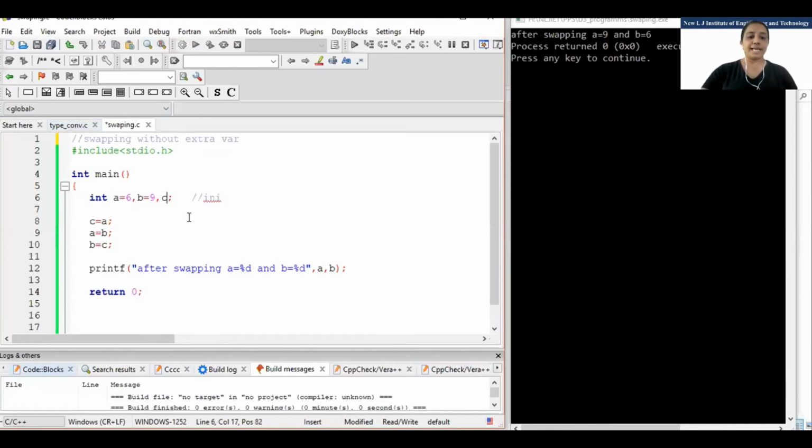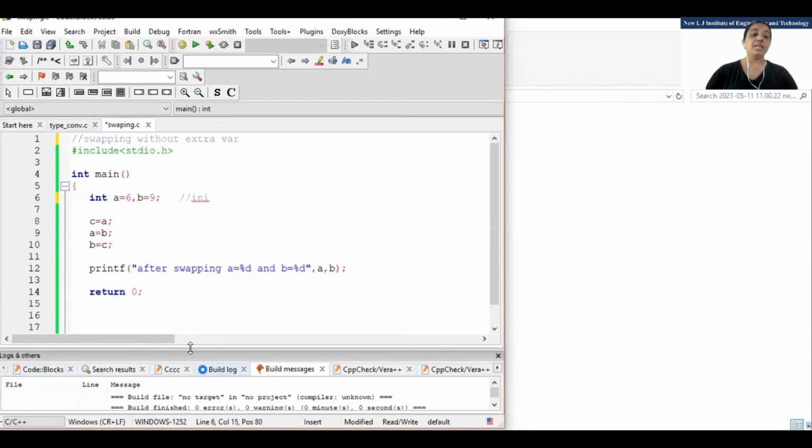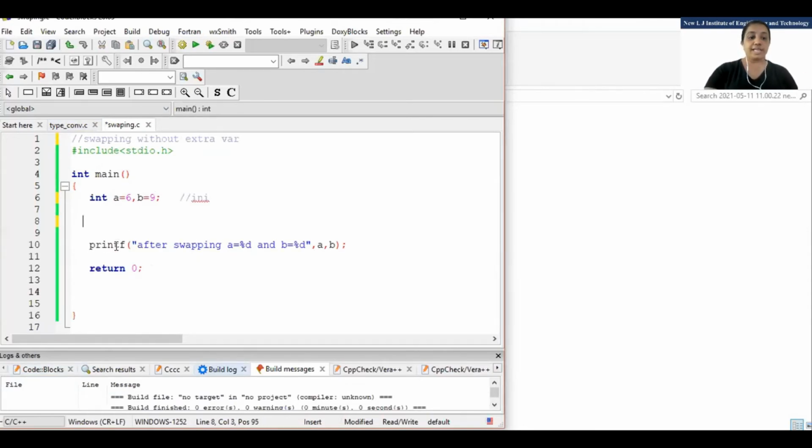That means we cannot declare the variable C, right? So I'll remove that variable, only A and B. Now I cannot write this. Instead of that, I need to do some processing.